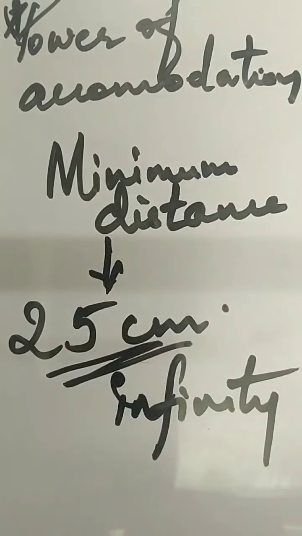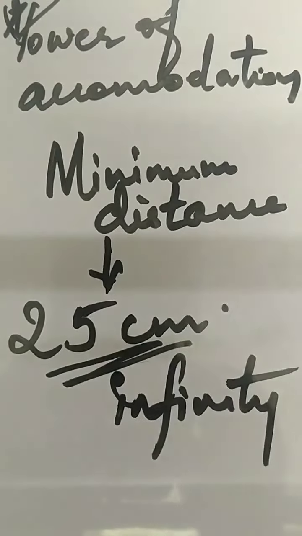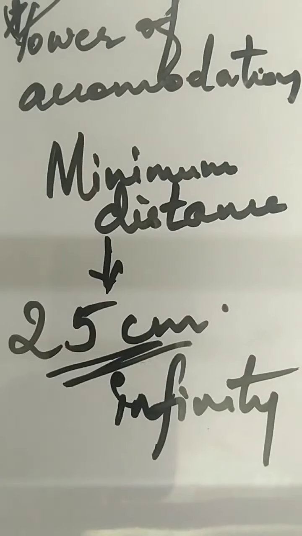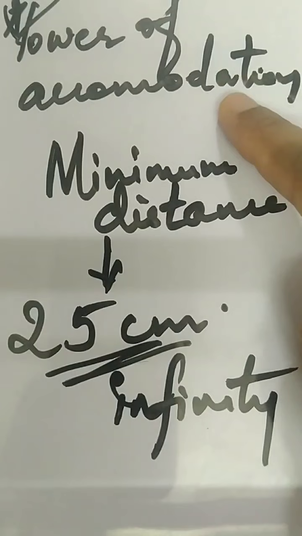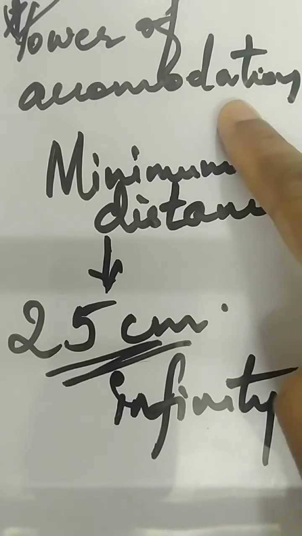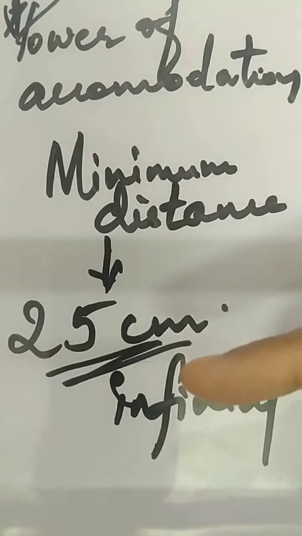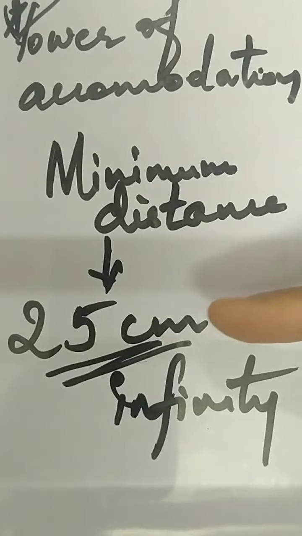So today we learned the construction of a human eye with a neat labelled diagram. I hope you all drew the diagram along with me, and we saw the function of each part of the human eye. I went through the definition of power of accommodation. So this definition is very important, plus the explanation of human eye. We'll meet with the next part of the chapter soon.